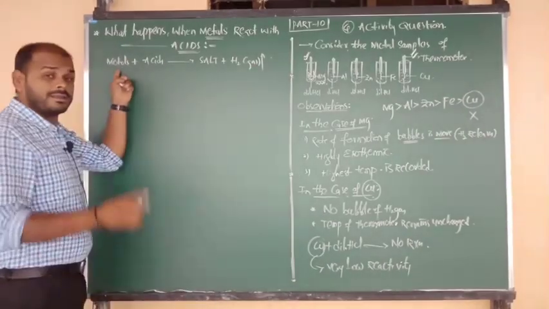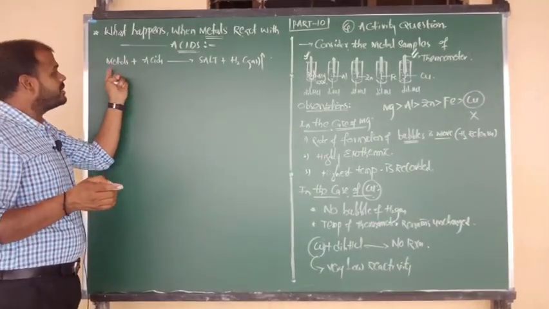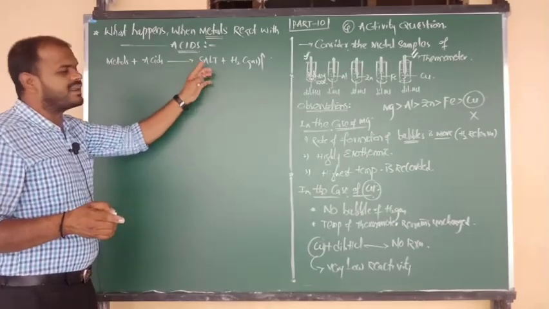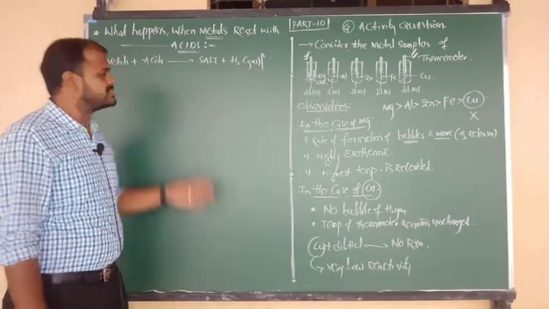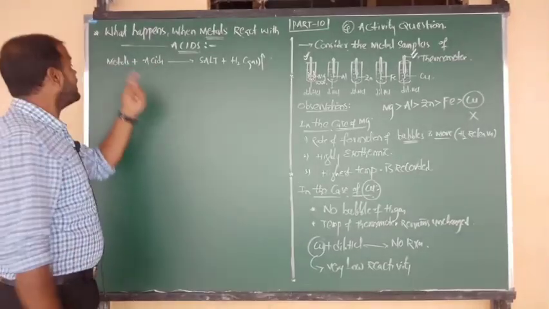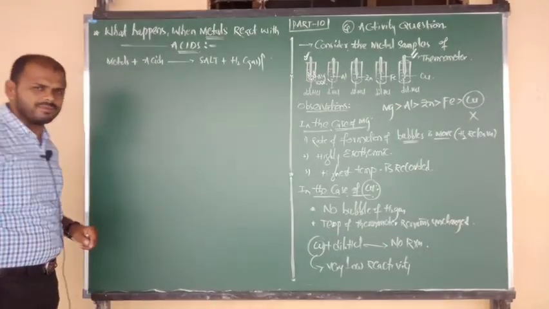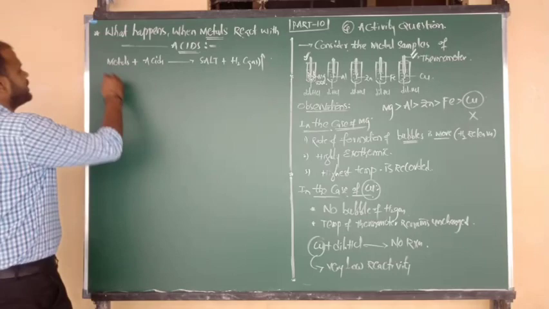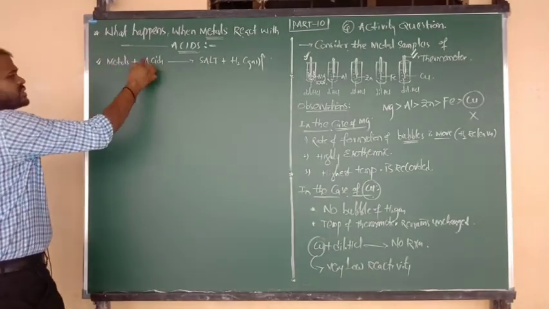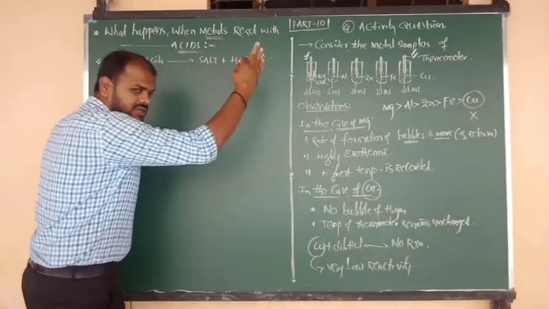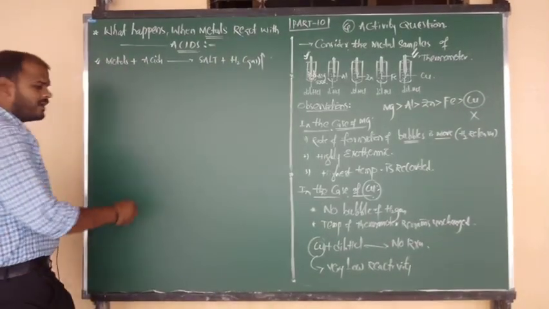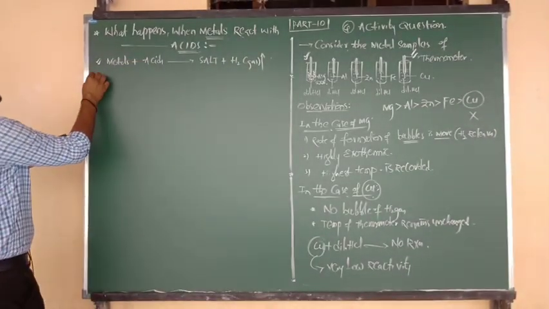Because metals are basic in nature, when bases combine with acid, definitely they are going to form the salt. But here liberation of hydrogen gas takes place due to absence of oxygen in metal and acid. I will tell you how. Okay? Statement: metals on reaction with acids form salt and liberate hydrogen gas. Okay beta? Now I am going to show you the reactions.